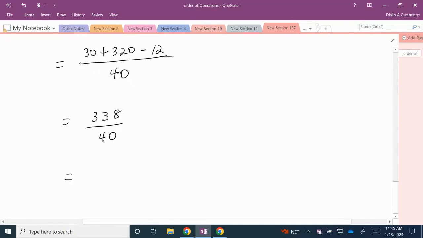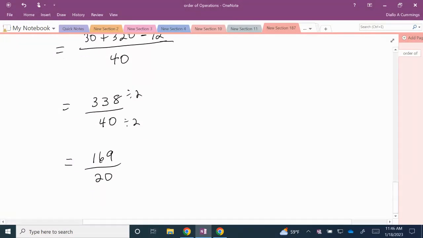And now I want to reduce. Since I have two even numbers, my numerator is even, 338. Anything that's even ends in a 0, 2, 4, 6, or 8. My denominator, 40, is also even. So in order to reduce, the first thing I'm going to do is cut both of those numbers in half. So 338 divided by 2 is 169. 40 divided by 2 is 20. And if I look at 169 and 20, I can reduce no further. So my final answer is 169 over